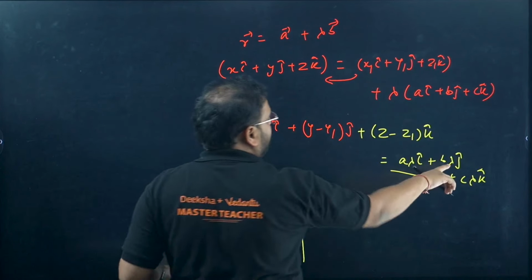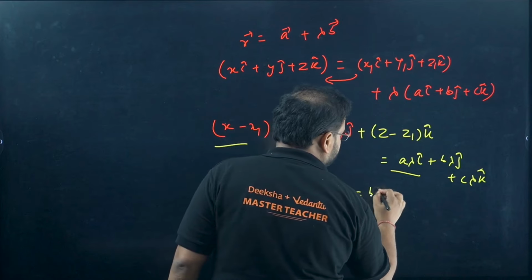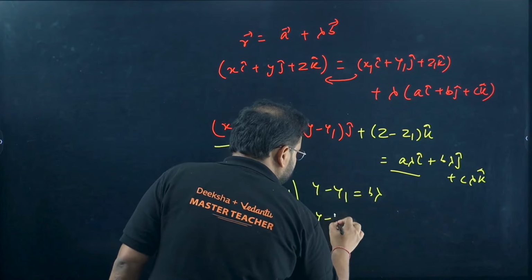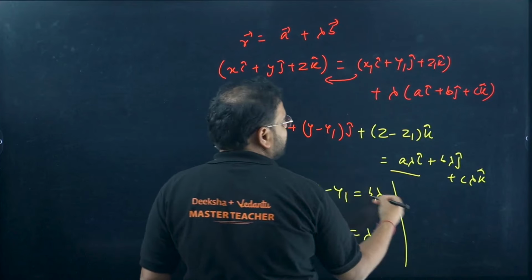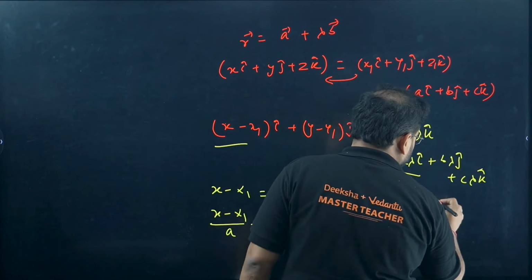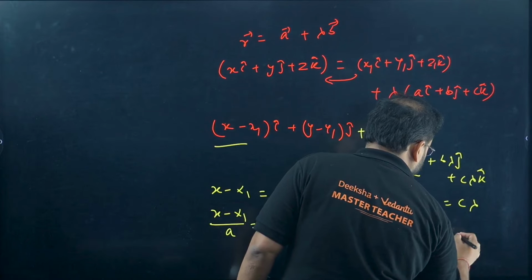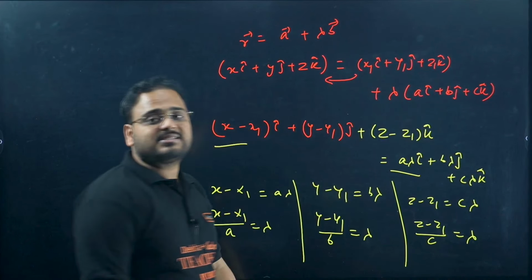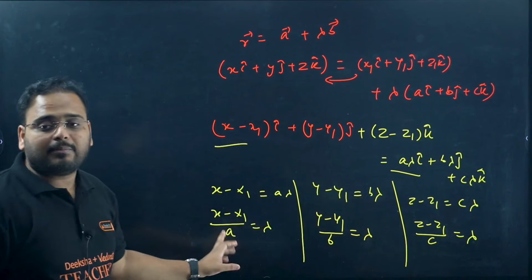Now for the y component, I'll have y minus y1 equals B lambda, so I get y minus y1 upon B as lambda. In the same fashion, z minus z1 equals C lambda, so I get z minus z1 upon C as lambda. Since lambda is a parameter, a constant value, and all of these are equal to lambda,